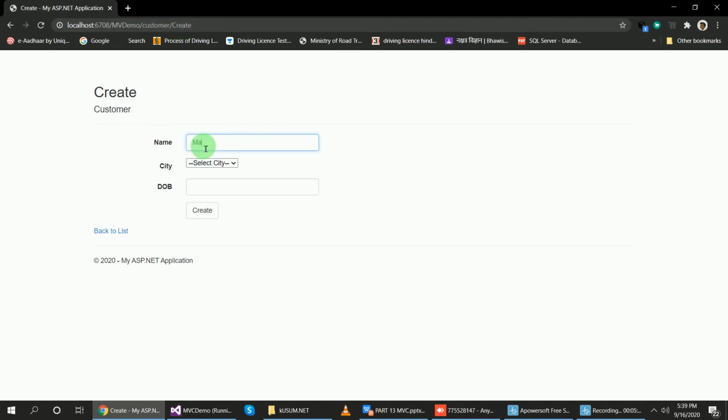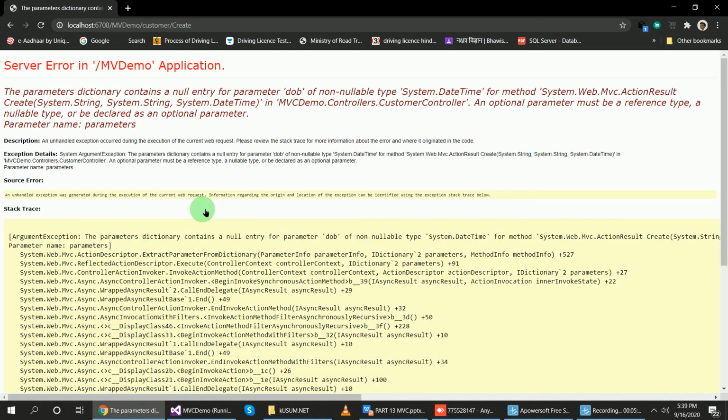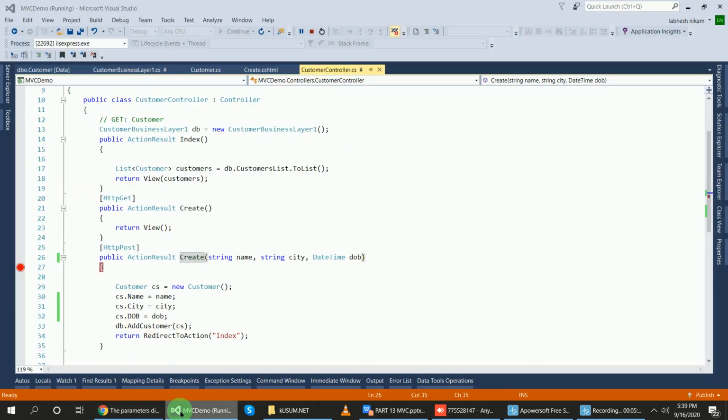Now I am passing Manoj, city Delhi, date of birth suppose 23/09/2000, save. It says the parameters dictionary contains a null entry for DOB of non-nullable type System.DateTime.